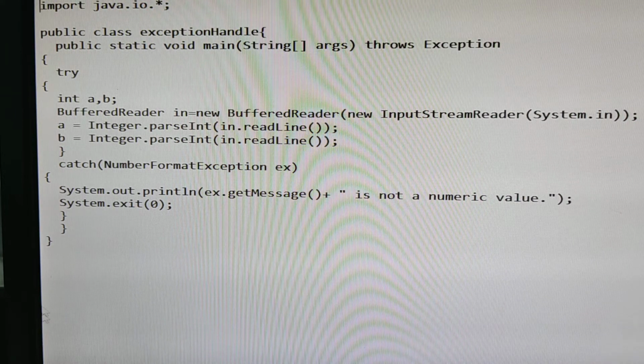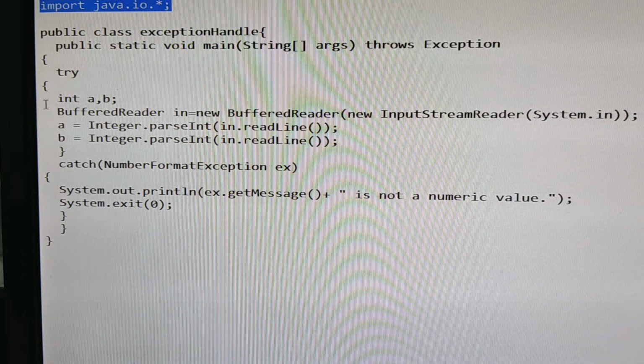Now you see here, the first line is import java.io. Here it is a package. IO is an input and output package. In this program, we are taking two input values at runtime. The a value and b value I am not assigning in the program. Those two values I am taking at runtime. So when you are taking values at runtime, it is a condition that you should include the import java.io package. It provides different classes which help the programmer to give values at runtime.